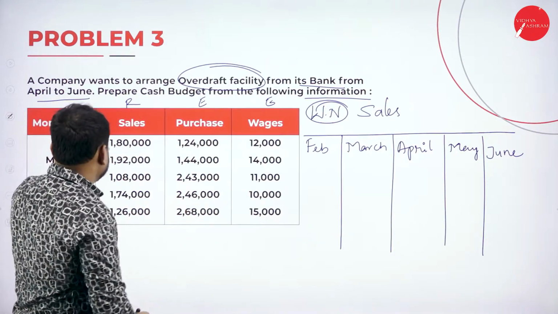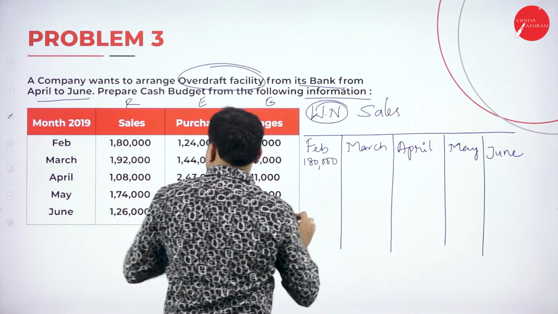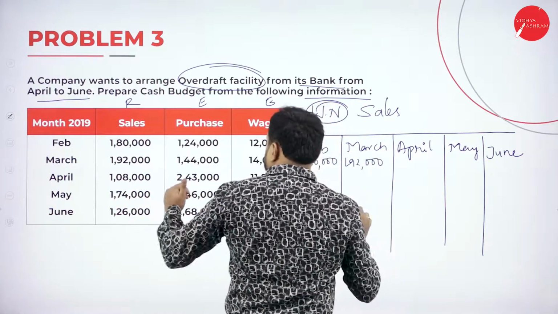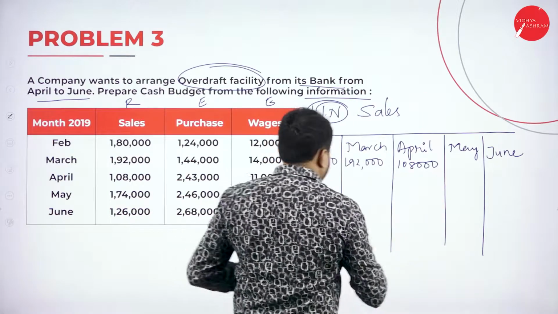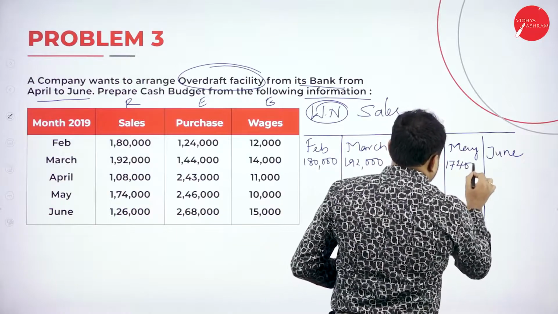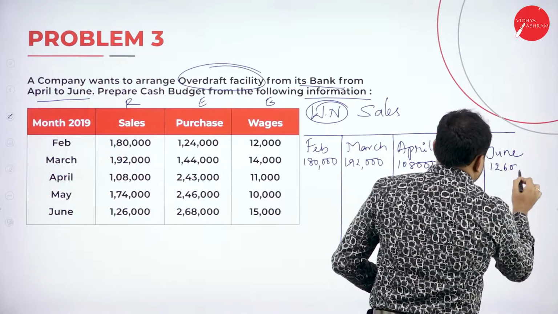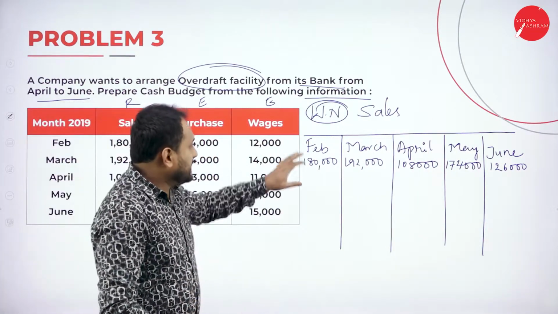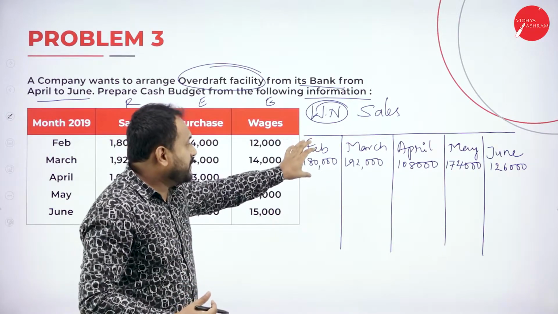Okay. Now the sales was how much? 1,80,000. Then 1,92,000. Next is 1,08,000. Meanwhile, I want you people to calculate before me. 1,74,000. And the last one is 1,26,000. Now, what does the adjustment say: sales has happened in February, but I'll get the amount 50% in